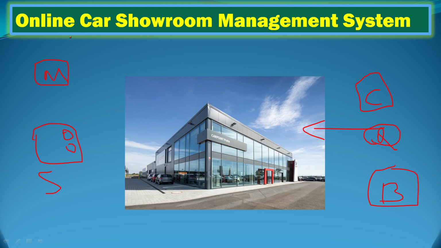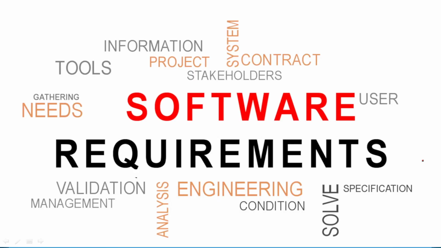These are the options provided in this project. One is the admin module, where admin people can log in and register the models, vehicle details, and pricing. They can enter all of it here. As a customer, you can sign up and log in to the system. After login, you can see all the vehicles, get quotations, and even book the car. These are the options provided in this online car showroom management system.